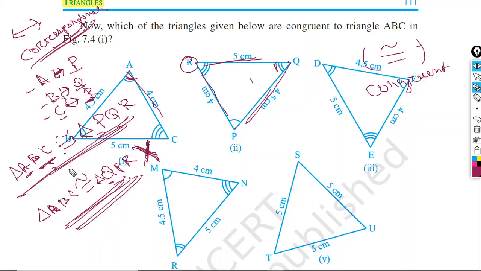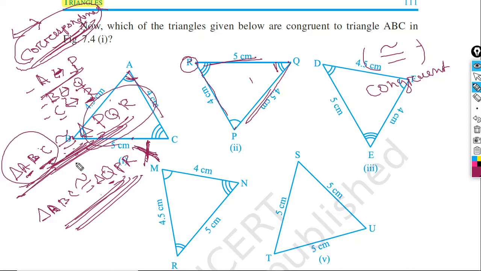So you have to write the congruency as per the correspondence. You have to give the symbol of congruent as per the correspondence. First you see which point is corresponding to which point, which side is corresponding to which side, and according to that only we can write the congruency. That means it must be in the right order. First A, A is congruent to P, then we will write first P. So this is all.